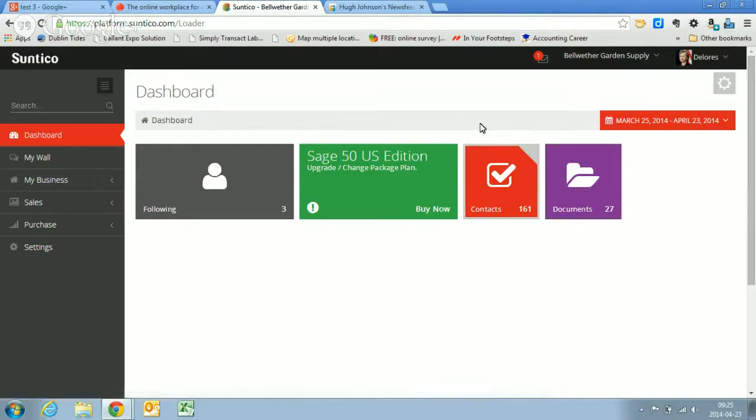How the information is presented to you will vary slightly depending on the screen size. For the purposes of this Hangout, I'm using my full screen because technically it's actually easier to share that over a Google Hangout. But if you want to try Suntico for yourself using your own tablet or smartphone, as I said, please go to our